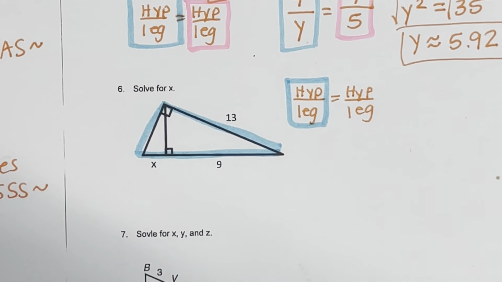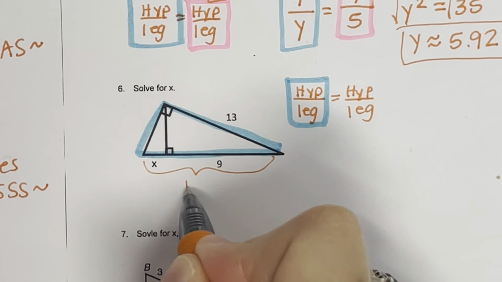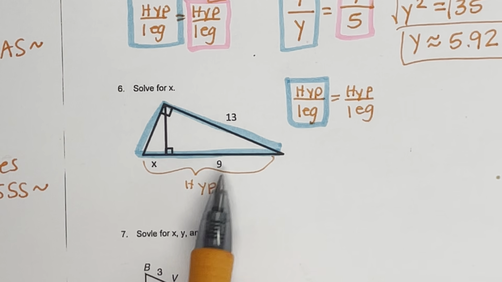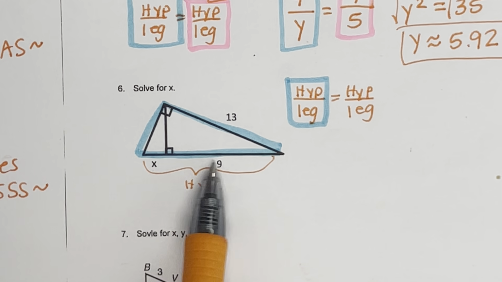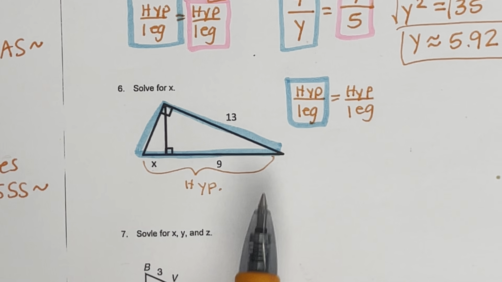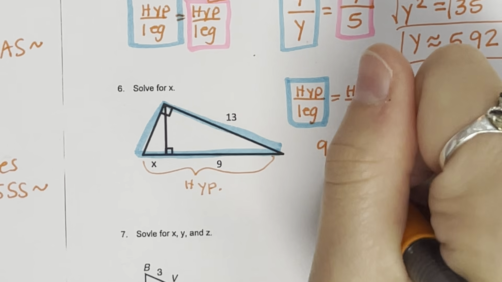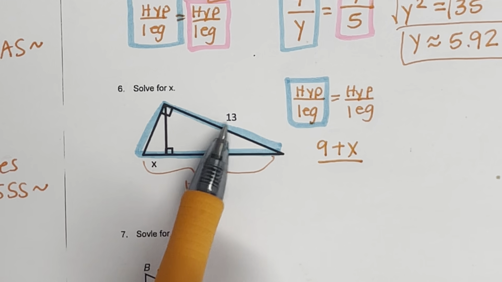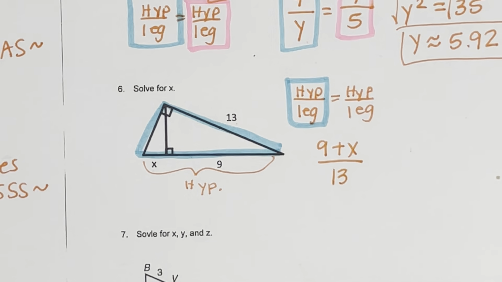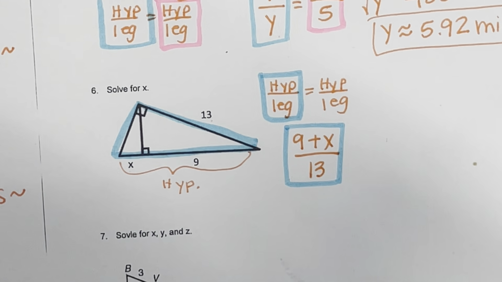So the hypotenuse of that big triangle, here's the 90 degrees, I go across from it, this is the hypotenuse. Now, you will notice you've got a 9 and you've got an x. So the hypotenuse is if I added these two together. So it's 9 plus x, divided by the other leg of this blue triangle, which is 13. So there is my first proportion: 9 plus x over 13